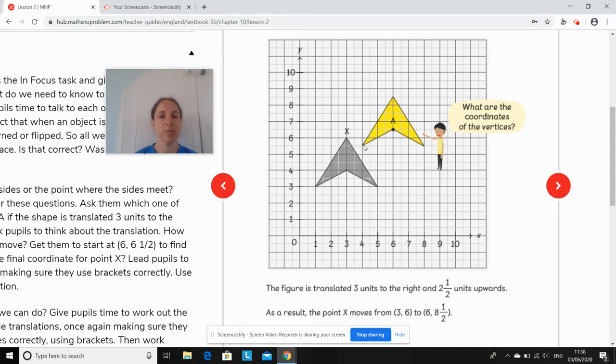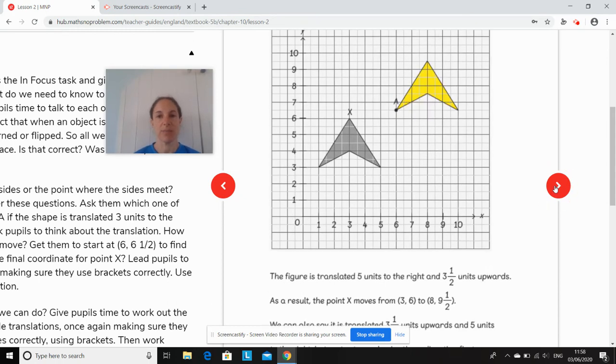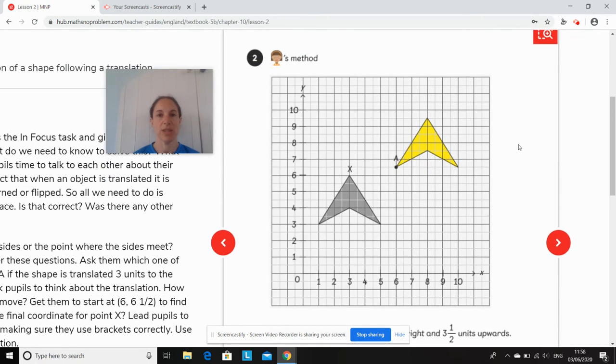You would do that with all the vertices. So you do it with this one as well. 1, 2, 3 to the right, and 1, 2, 2.5 up. And then the final corner, 1, 2, 3 to the right, and 1, 2, 2.5 up. So he's drawn that correctly, and it's now coloured in yellow, but it's translated 3 units to the right and 2.5 units up. There's another example, which you'll also see on Purple Mash, which is